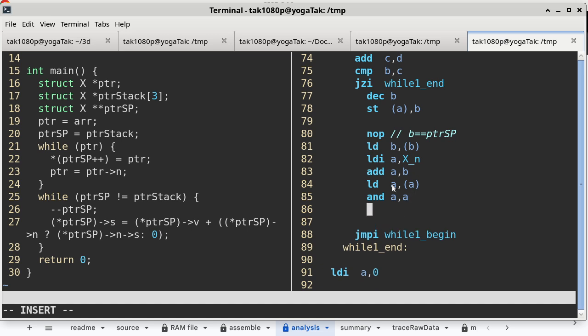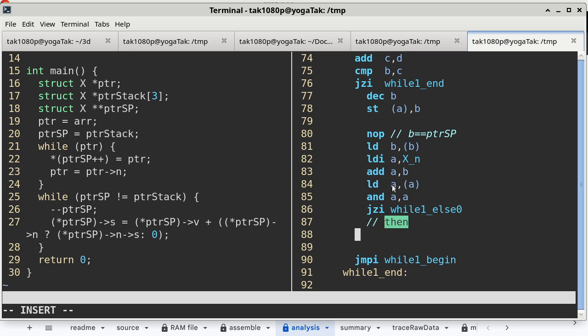Okay. And if it is null, we go to the else case. So this is going to be the else case of an if then else structure inside while one. So this is how I would name it. Okay, which means if I continue here, this is the then case, and then I define and then branch around